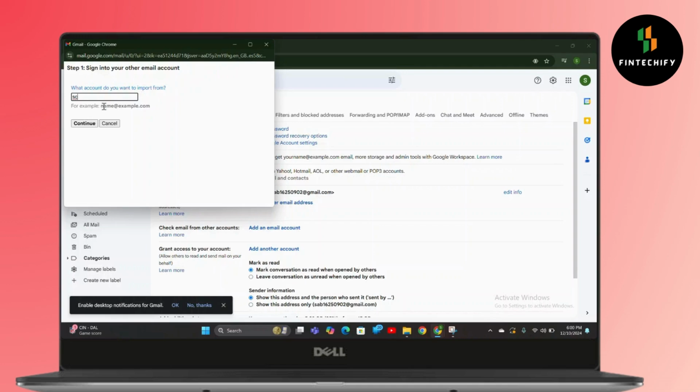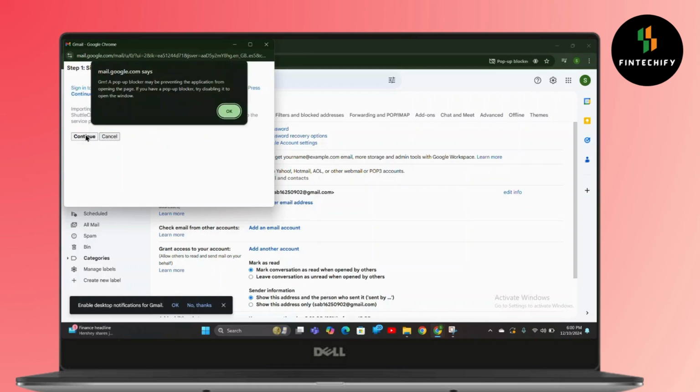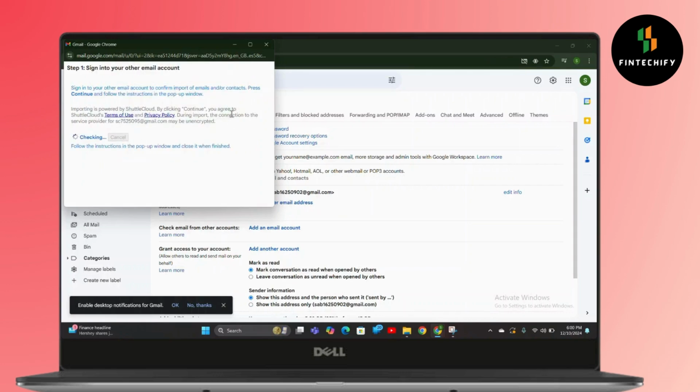Let me show you. First, I entered a Gmail account and then after it finishes checking, it will lead to this interface and simply continue, and from there you will be able to export or import data from